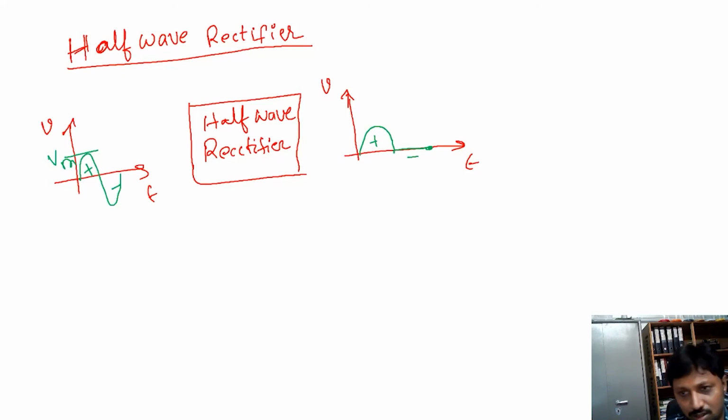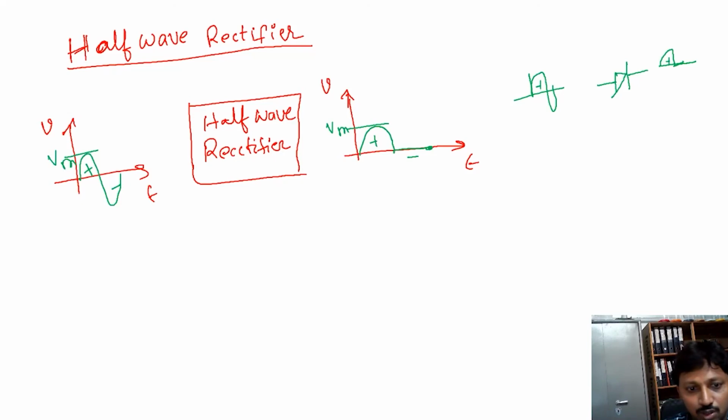So you can start with diodes. If you just see, this is a diode and this is a diode. When this signal passes through this diode, whatever positive cycle will conduct and the negative cycle will not conduct. So here the output will be positive and the negative will not conduct. That you will learn in basic electronics. I am just going to find the average value of this signal.